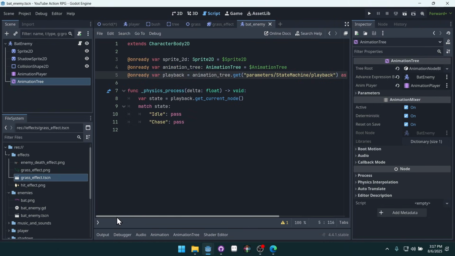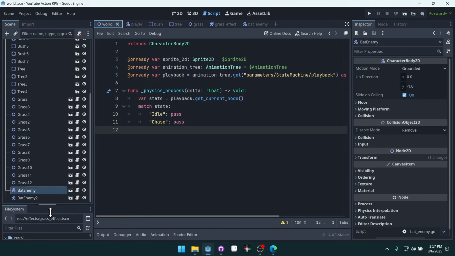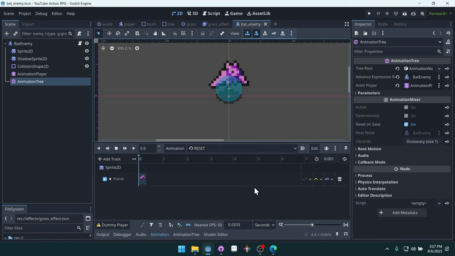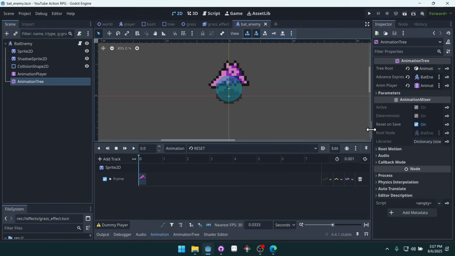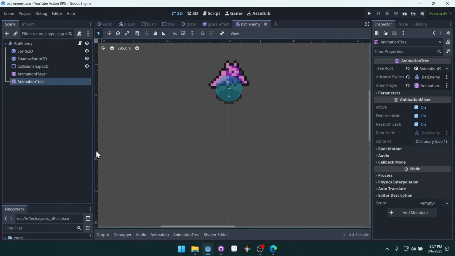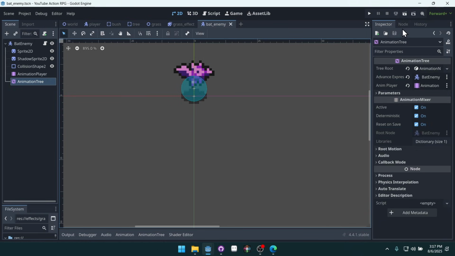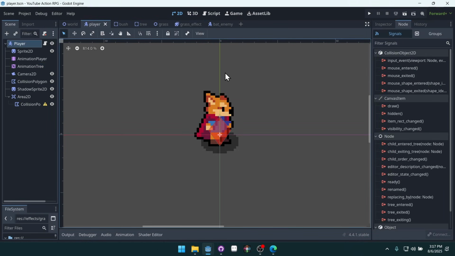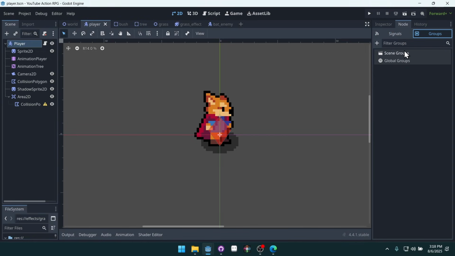However, again, if we were to create stuff dynamically, that doesn't really work. It's also kind of a pain to have to go through every single enemy and set the player on every single enemy that you put inside of the game. So that's kind of a drawback as well. So let's look at a different method that we can use. This method uses Godot's groups. So we'll come to our player and we'll go to groups, and we're going to add